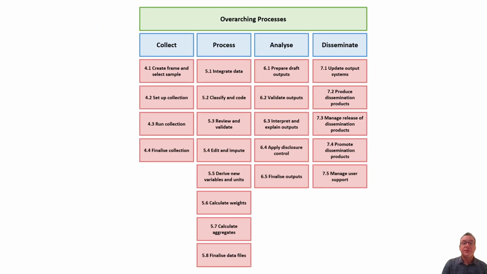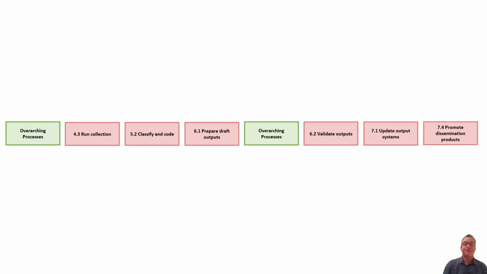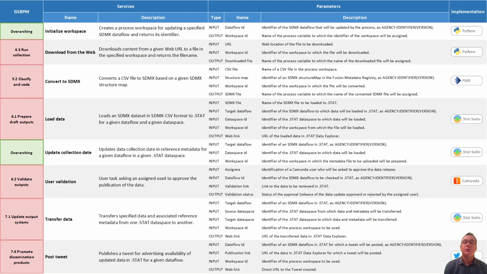In our demo, a series of services are necessary. They are all mapped to the GSBPM. The full specification includes also a description of the function performed by the services and the list of required inputs and outputs. Different software used to implement these services are listed in the last column of the table displayed for the moment. To make selected application function available to the workflow engine, some glue code is necessary and will be developed in Python using a module called PyCamunda.